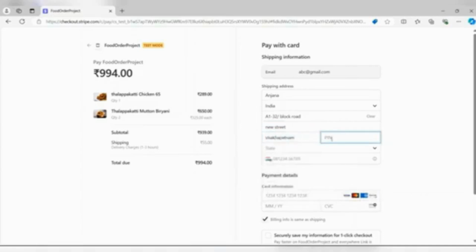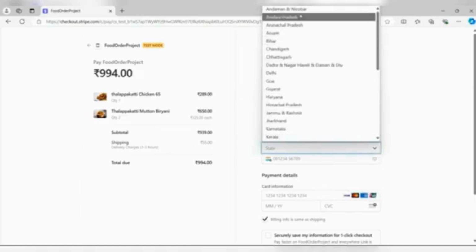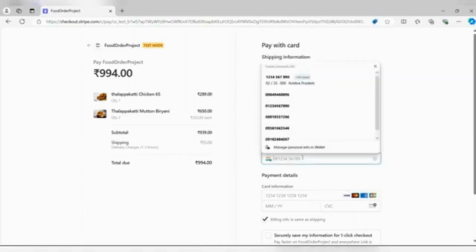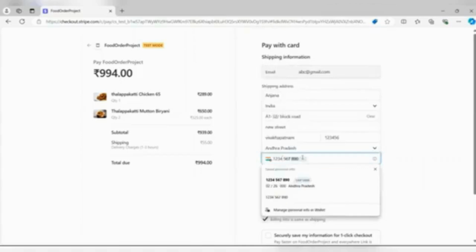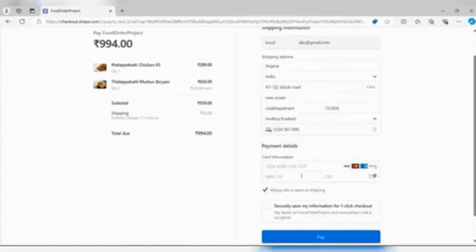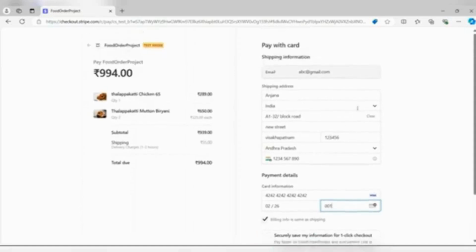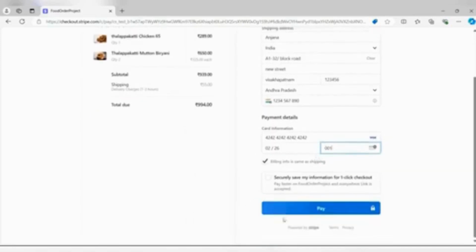Giving email address, phone number, state, card number, month, year of that card, that is the details about the card. And after filling all the details, when I click pay,